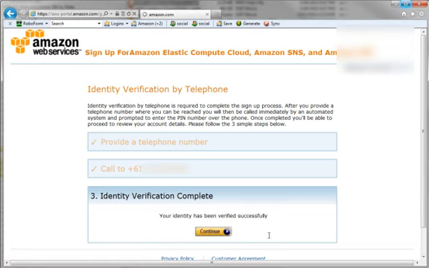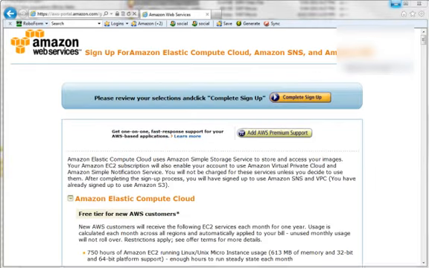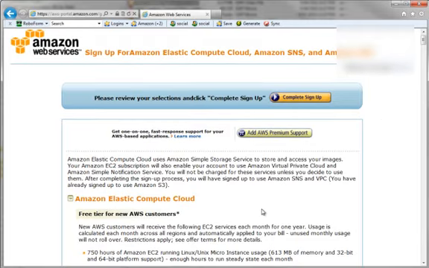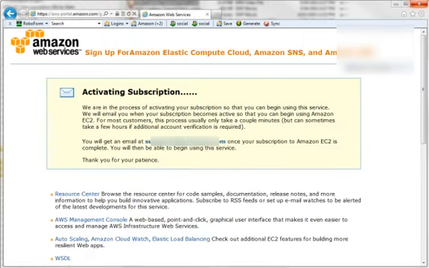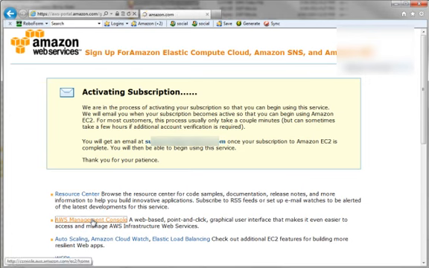And then we just click on continue, which takes us to the EC2 completion. But for now we'll just click on complete sign up, which takes us to the activating subscription page. And once that email comes through to confirm that we've completed our subscription, I'll be back. Okay, so I've received my activation confirmation from AWS. We'll go back to the AWS Management Console,